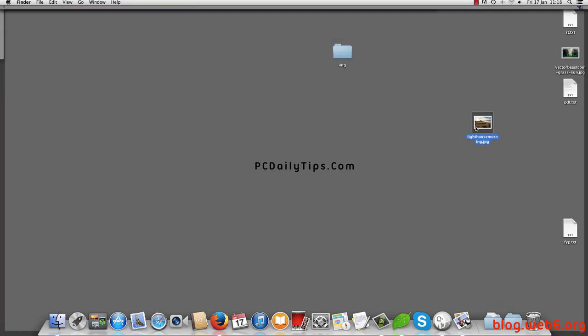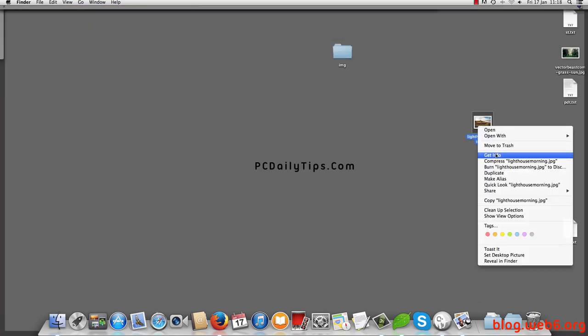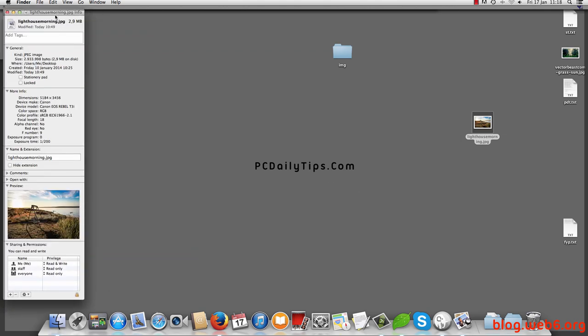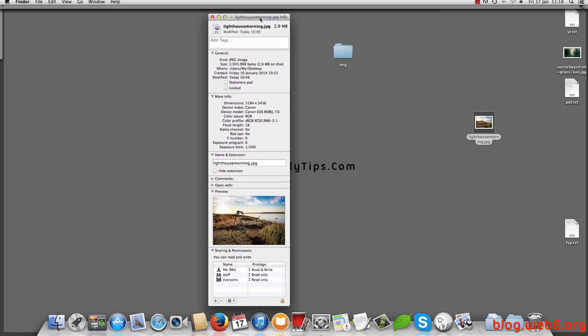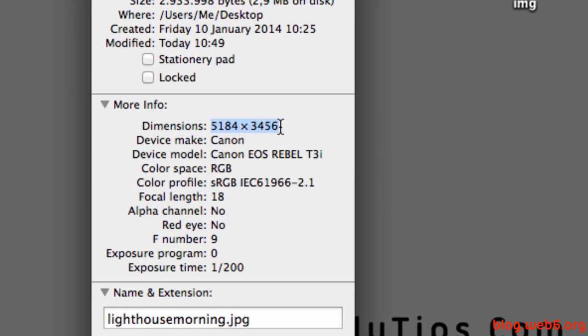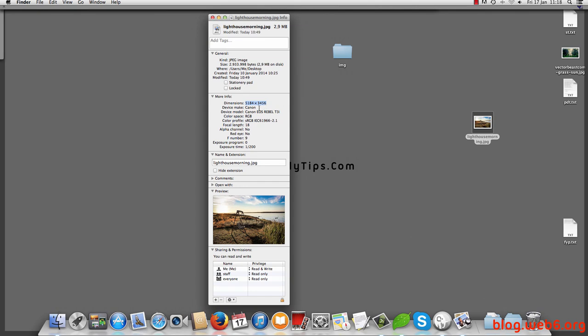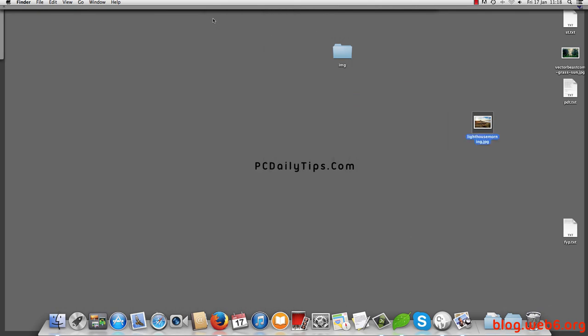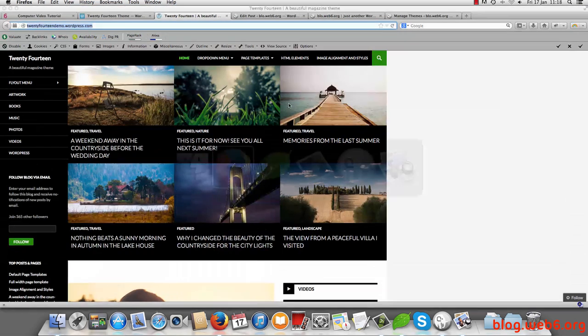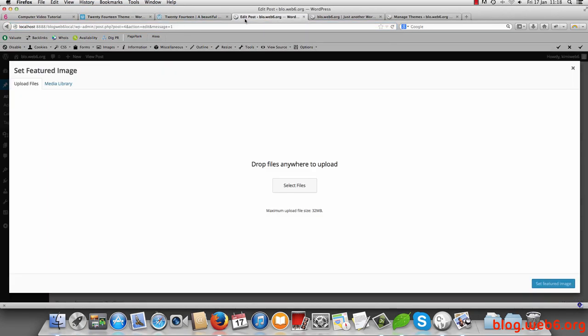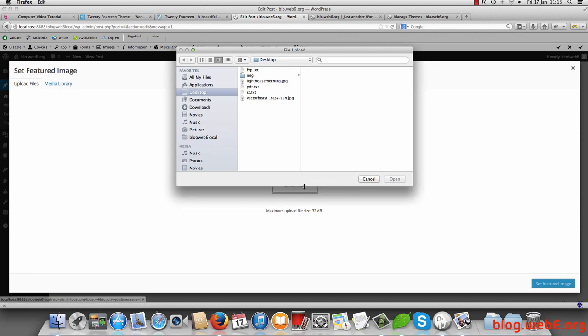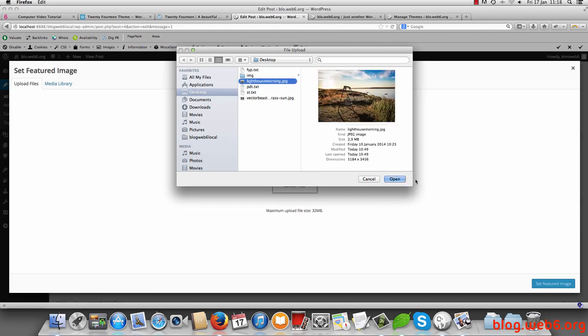So for these images, if I take a look at Get Info, or if you're on Windows you right-click it and choose Properties, you see that this image has a huge size, more than 1038 pixels. So this image will display at its best on my website. So go back to our site again, and then our dashboard here, select files to upload the image, and this was the image that I want to upload. So hit open,